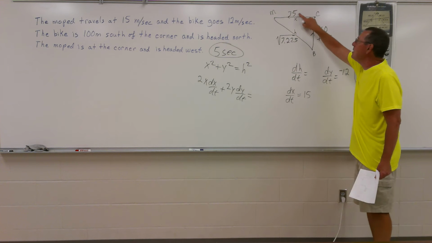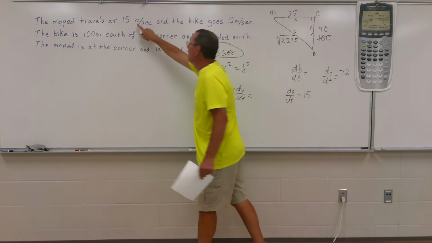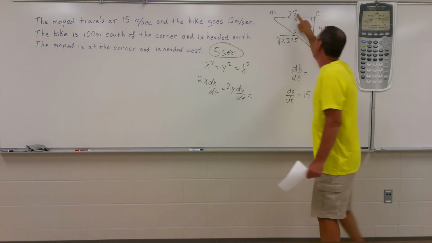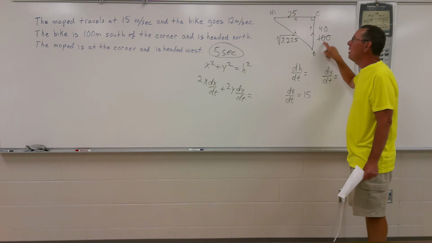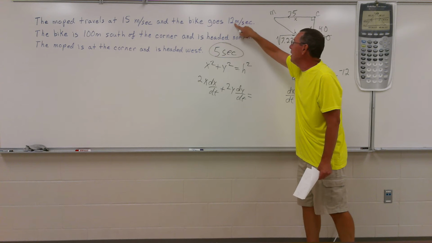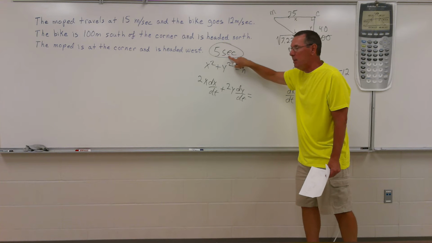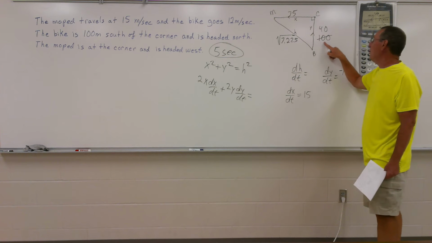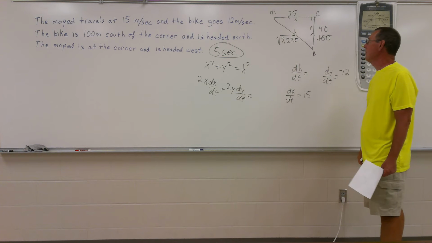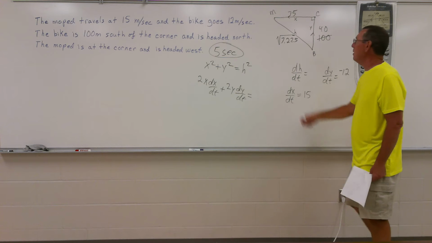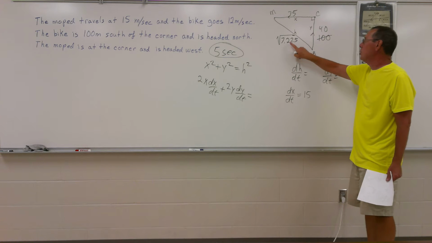So in 5 seconds, if this moped is going 15 meters per second, in 5 seconds, that would be 75 meters. Okay, for the bicycle, it was out here 100 meters. The bicycle is going 12 meters per second. 12 meters per second for 5 seconds, that's 60 meters. The bike was out here 100 meters. It went 60 meters, so now it's 40 meters from the corner. Okay, a little Pythagorean theorem, 75 squared plus 40 squared should equal my hypotenuse squared, and trust me, we should